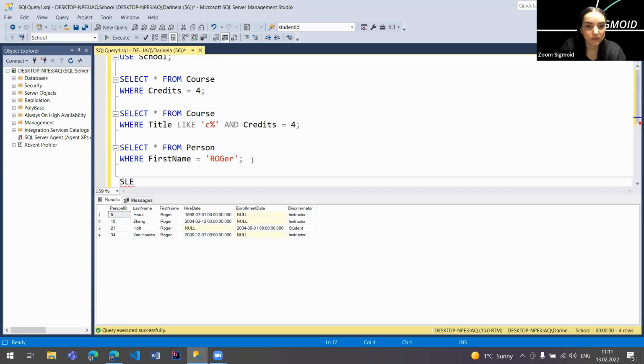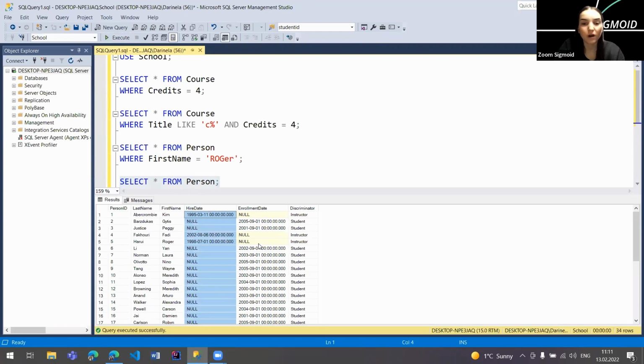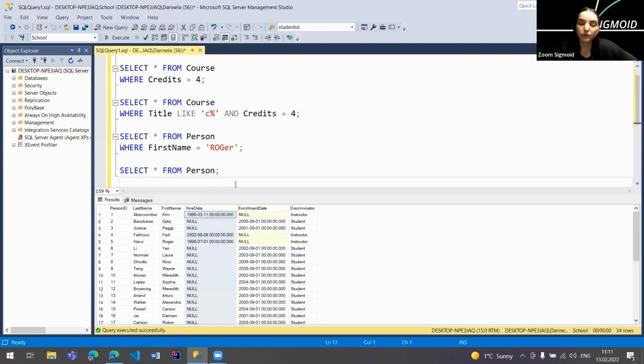Instead, let's select. Now let's play with the data, with the columns with the date time data type. Select all from person again. If we look at how our data looks, let's say we would like to select all from person where the enrollment date is, for example, the 1st of